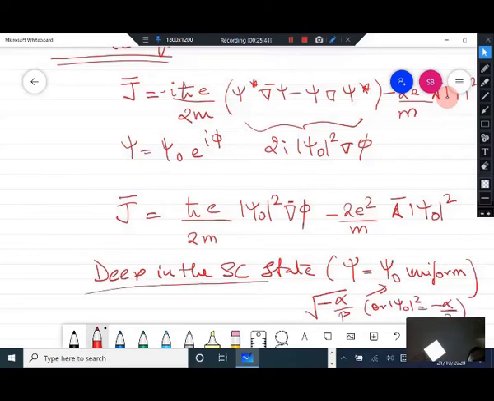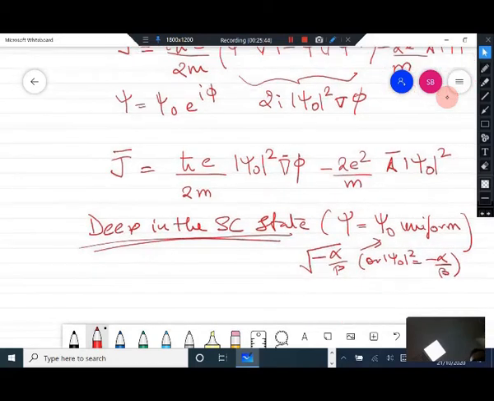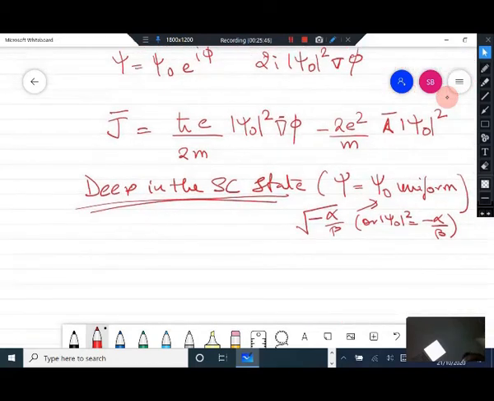So deep in the superconducting state, where you have a uniform value, your gradient of phi is constant, is 0. Okay, there is no spatial dependence of the phase factor phi, it is a constant,